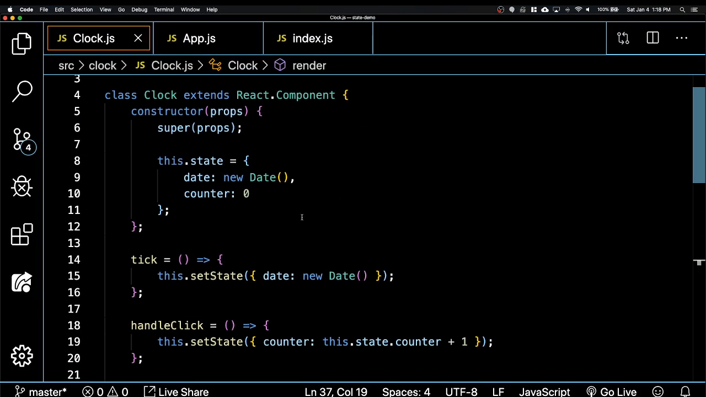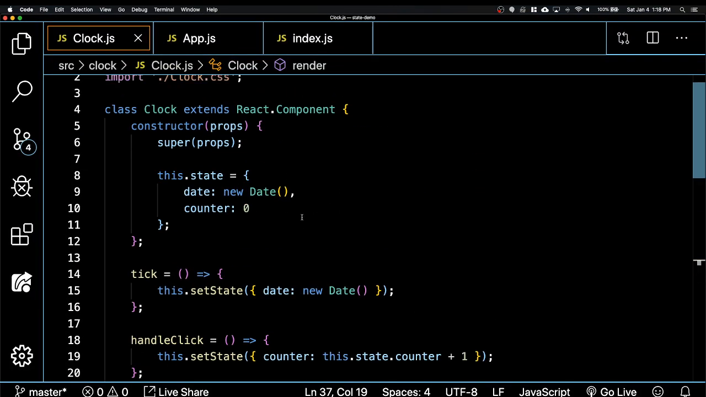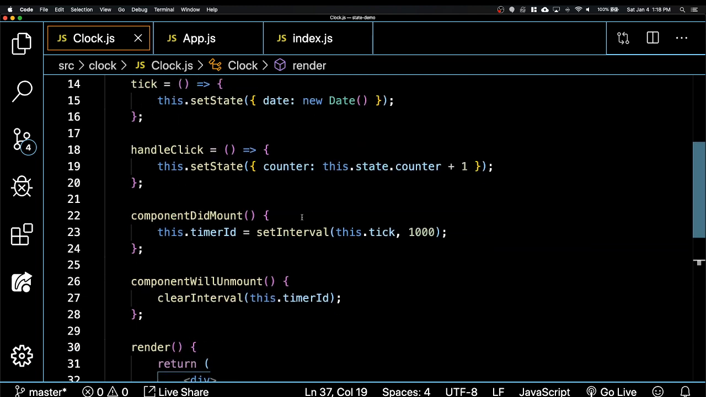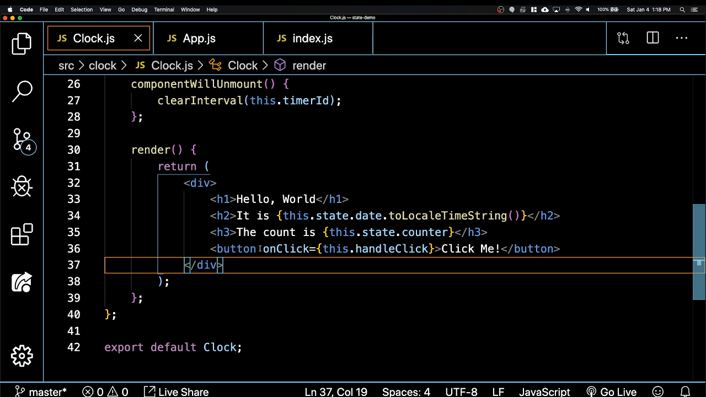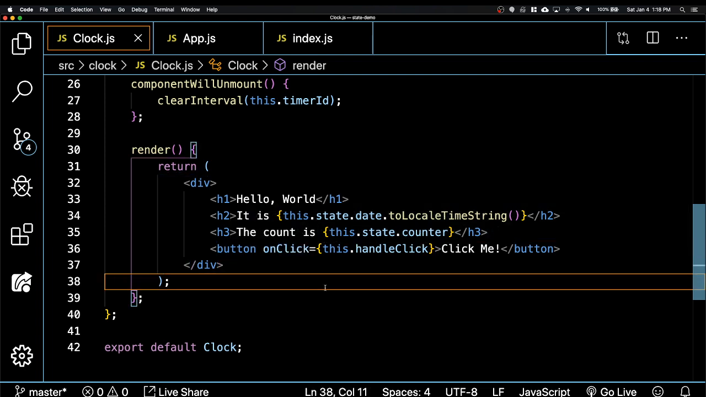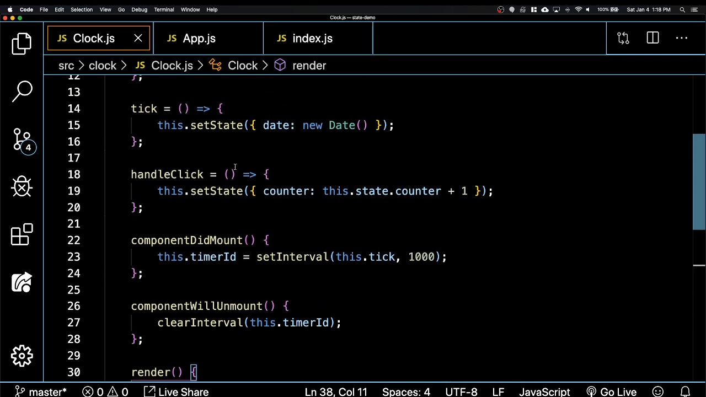We have another state variable. We call it counter. We are updating the state in our click functionality. So I have a button over here. I'm using the event onClick, and you are calling a function that has to happen for this one. Okay, now the only problem with this is